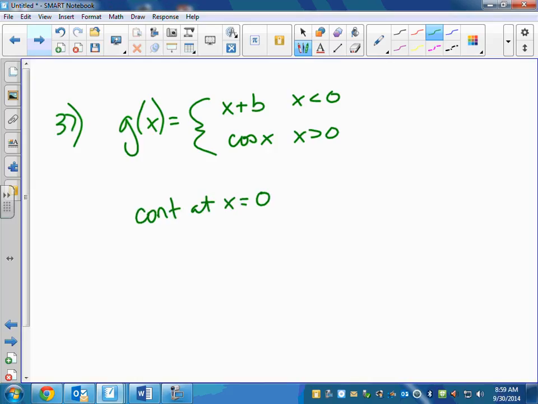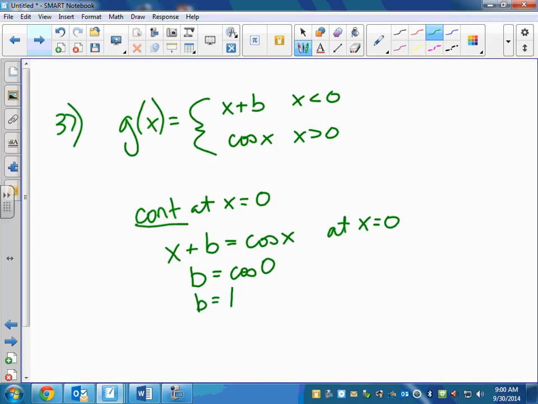Continuous at x equals 0 has nothing to do with the derivative, has nothing to do with the slope of the line at that point. It has to do with, do these meet up? Is there a gap? You could try to graph it, but you want to figure out what b is. So remember what that means. If it's continuous, it means they equal each other. So x plus b has to equal cosine of x at the point where they meet up, which in this case is x equals 0. So plug 0 in there for x and solve for b, which means you just get that b equals cosine of 0. So b equals 1